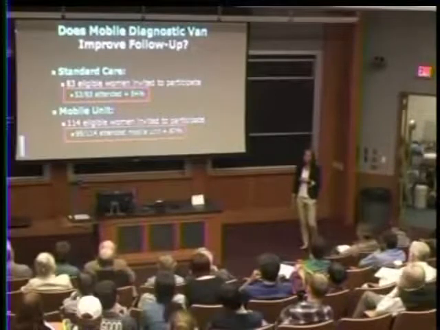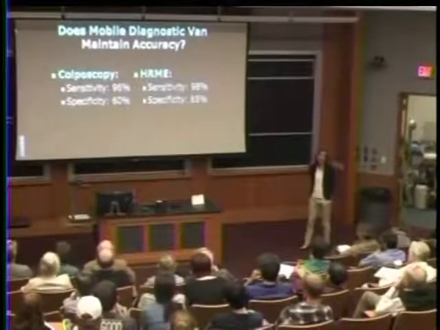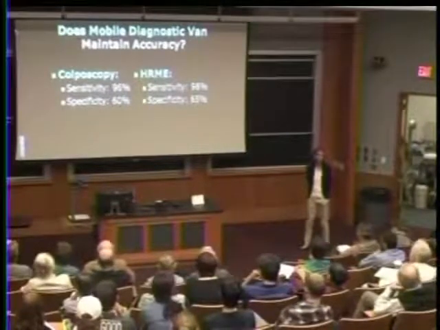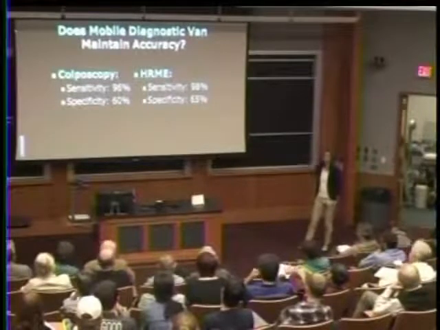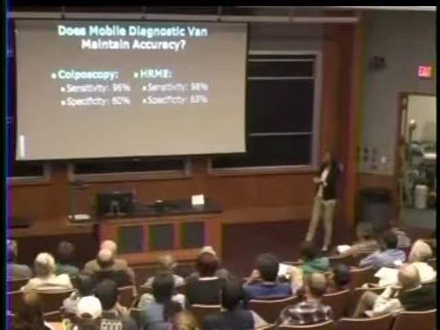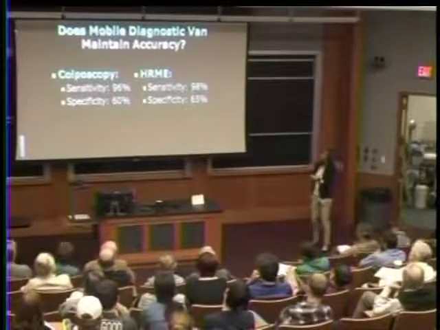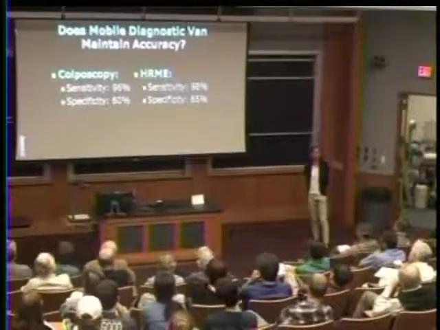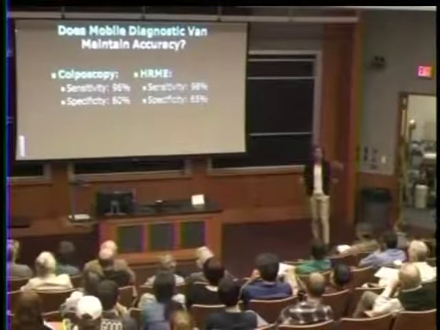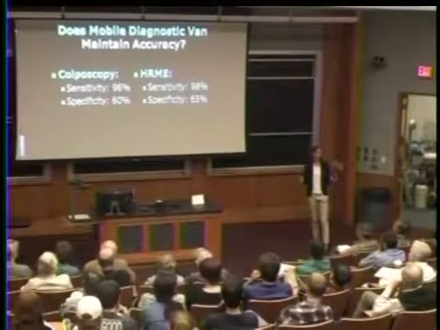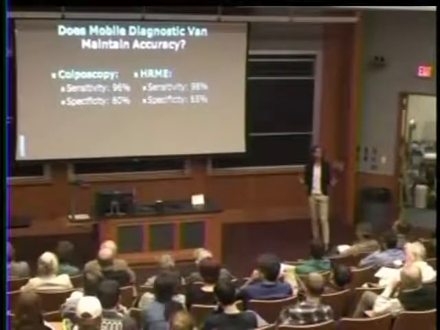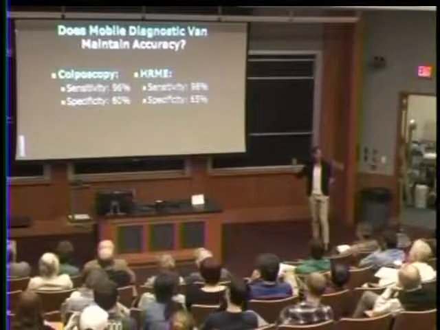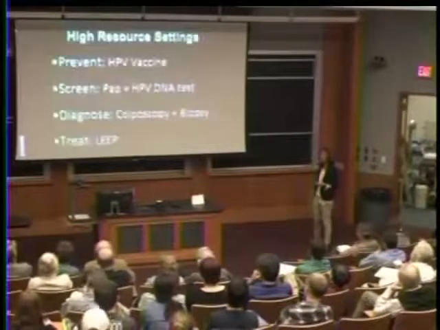And then we compared the accuracy with our diagnostic system to the accuracy of the traditional technology, colposcopy. And the gold standard in this case was biopsy. And what we found was that we slightly improved in both cases the sensitivity and the specificity using our high-resolution microendoscope compared to that of colposcopy. And so we're just now getting underway with a much larger study, a study of 12,000 women, where we'll be looking to evaluate whether or not the sensitivity and the specificity are statistically equivalent to that of colposcopy.